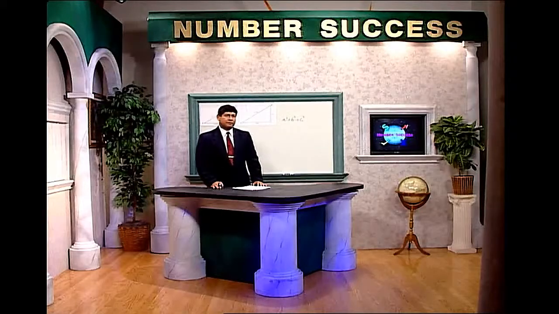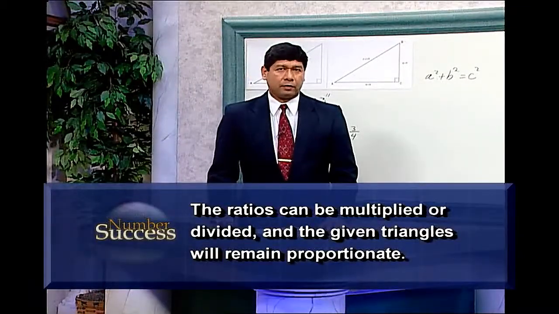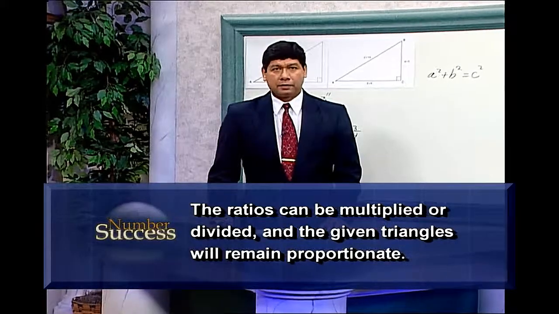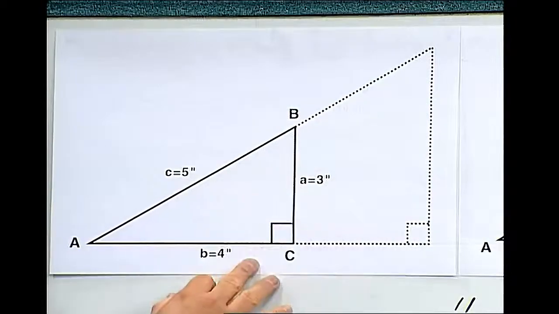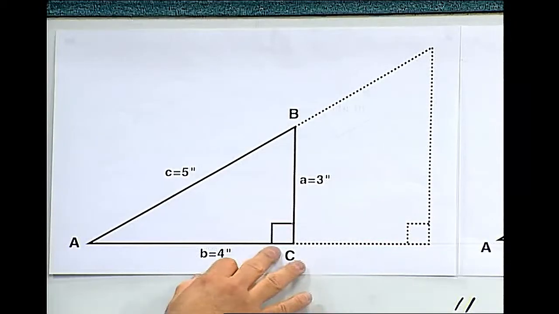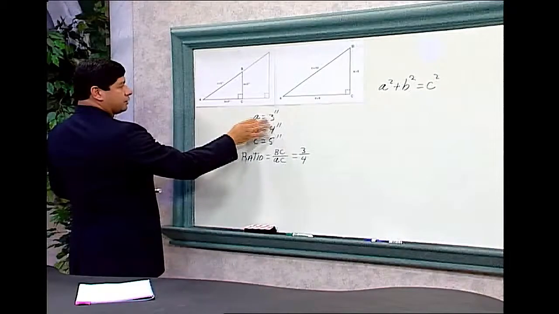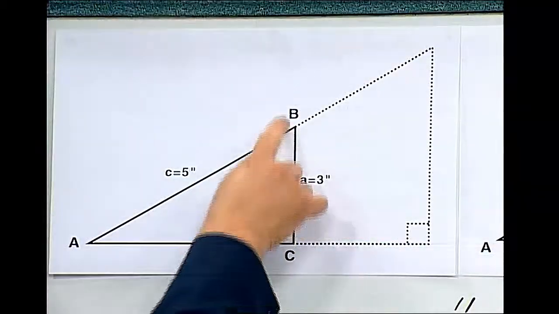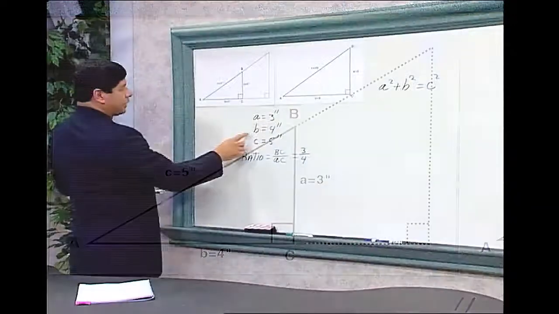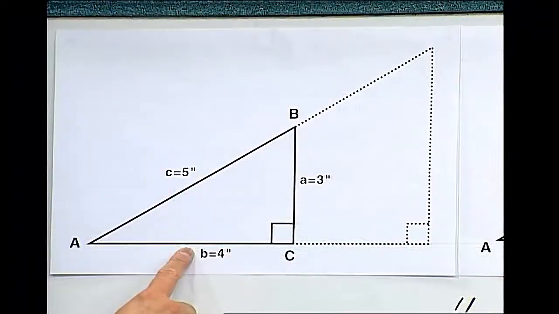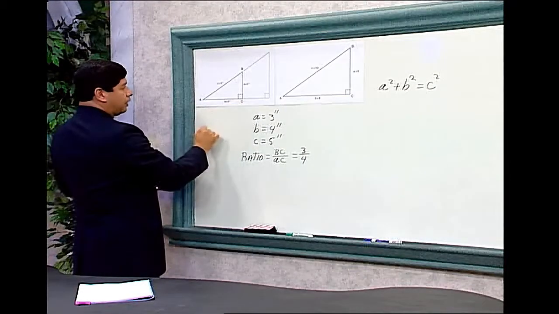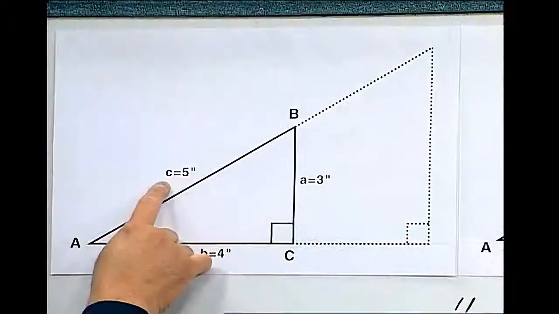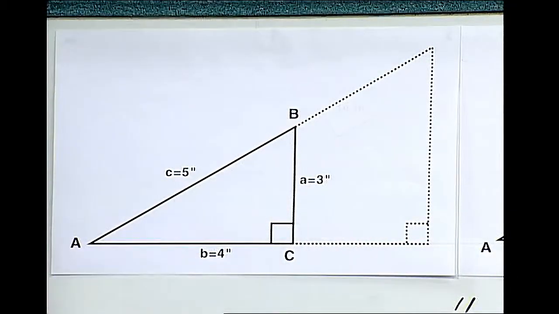Ratio of angle and sides. The ratios can be multiplied or divided, and the given triangles will remain proportionate. In triangle ABC, we have our right angle at vertex C. Side A is 3 inches, indicated here. This is line segment BC. Side B, indicated here, is 4 inches. That's line segment AC. And then we have side C, 5 inches, located here, and that's indicated by line segment